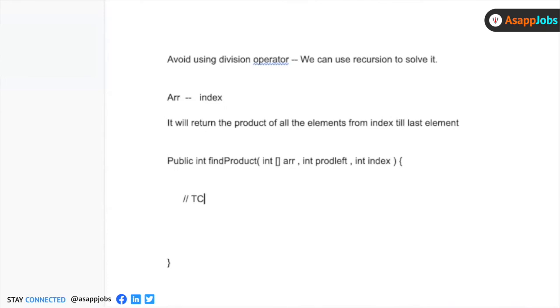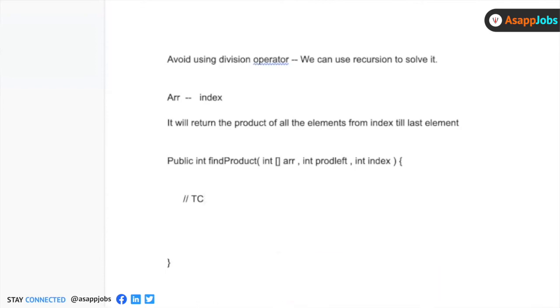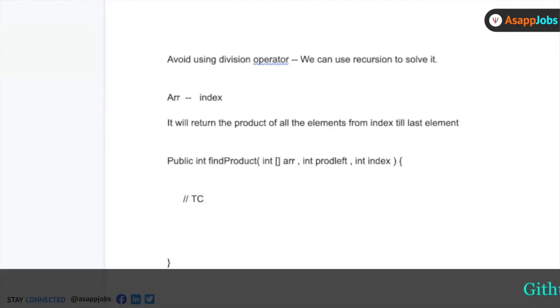What should the termination condition be here? Index equal to array.length minus 1? You're almost right, but one step before. Basically, we have an index, and index determines where currently we are in the array. We should keep on doing this till we reach the last element of the array, and only when we go beyond the last element of the array do I say that I should exit now.